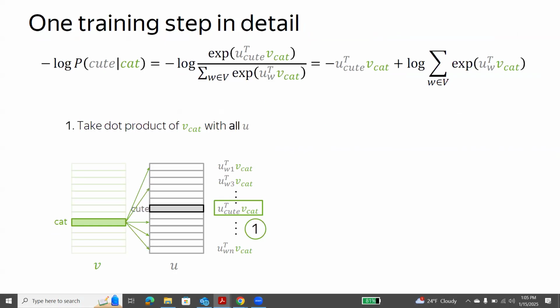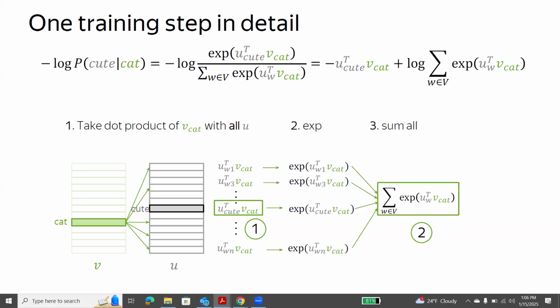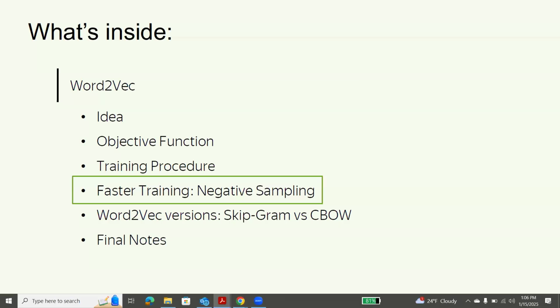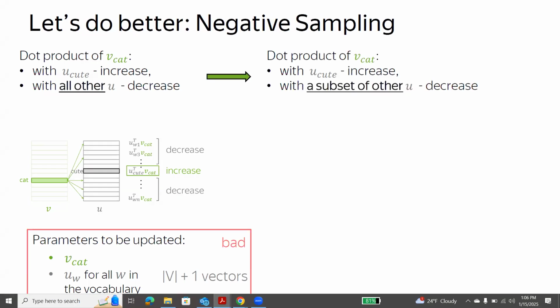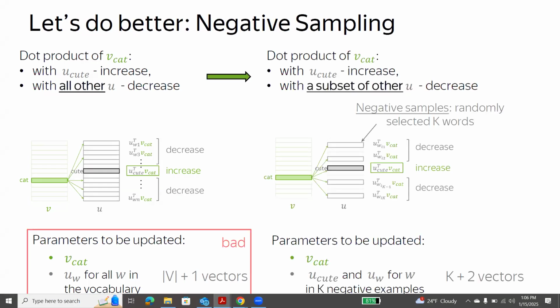So this is our loss function for one word. When we take log, then we have numerator and minus denominator. And as you remember, the denominator sums over all the words in our dictionary. And negative sampling says that we can sum over just a few words instead of 50,000 or 20,000, we can sum over just 20 words, for example. So, okay, here it is. The idea of negative sampling